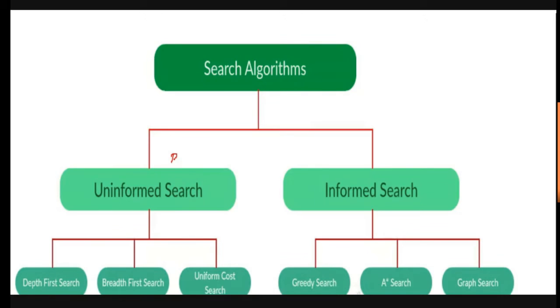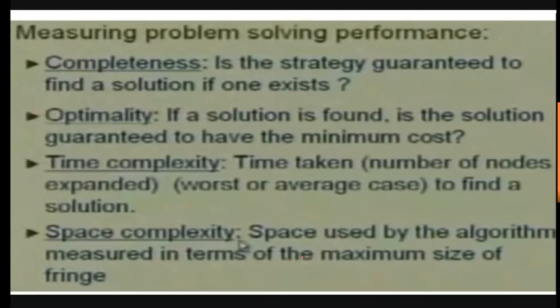We always call this a blind search because we are unaware of the history, of what is the last state and the next state. So we are simply following the rules. In blind search, we have depth first, breadth first, and uniform cost search. The next is informed search, where the three types are greedy search, A star search, and the graph search. As we come across the points, things will be clearer. So let us move with depth first search.